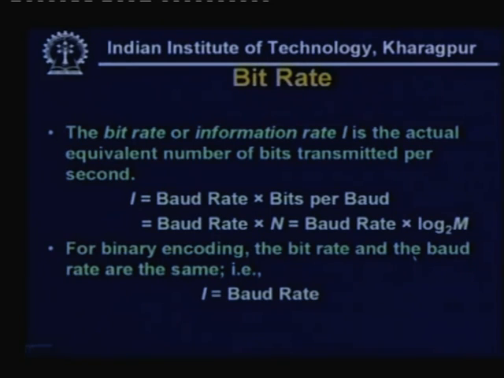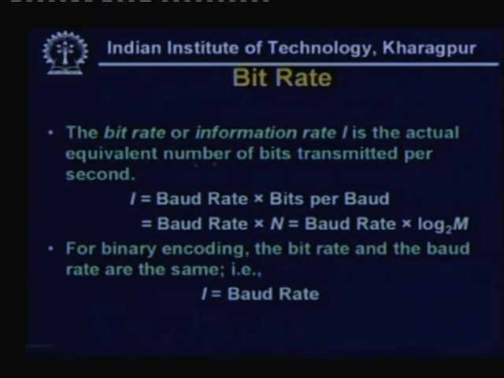The bit rate or information rate is the actual equivalent number of bits transmitted per second. That means this allows us, whenever we are able to put more number of levels within a particular bit interval, then we can send more information for a given bandwidth. For example,